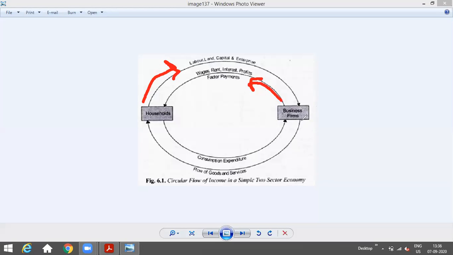Now, secondly, business is making various goods and services and selling all these goods and services to households, right? In return, what is the household paying? The household is paying the consumption expenditure to business, उनको goods को purchase करने के लिए. So circular flow of income, which works in a two-sector model, simply tells us that the income flows from one sector to another. The income moves from one sector to another. That is known as circular flow of income. I hope this is clear to all.